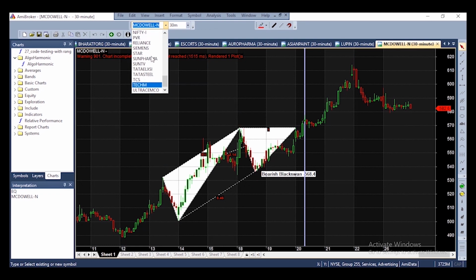Here you can select whichever stocks you want. See, TCS, Sun TV, Sun Pharma, whatever you want you can select, and whether that particular stock in that particular time frame will work or not, you have to decide by doing backtesting. So this is a very simple setup where we will be just selecting a stock and a time frame, and algo will try to generate a call for us. This is called step 2.